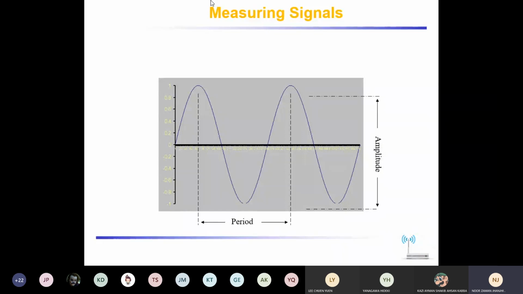Most of the time, people are discussing signals, periods and amplitude. These are very simple things. Now, what is the amplitude? The amplitude is the distance from the top of the signal wave to the bottom of the signal wave. So the amplitude is vertical and the period is horizontal. Very simple, not a big deal, not rocket science, not something very hard.